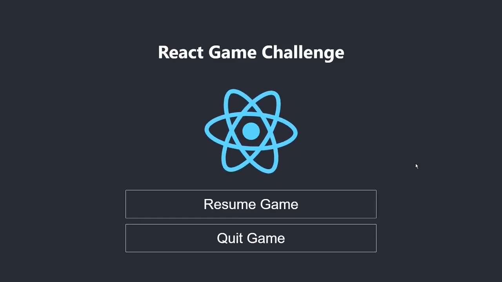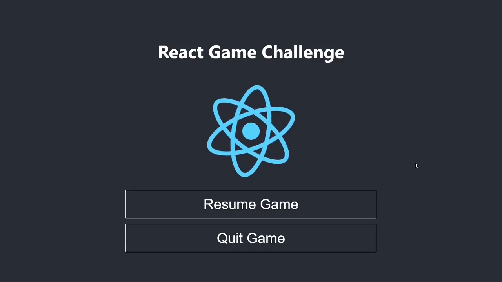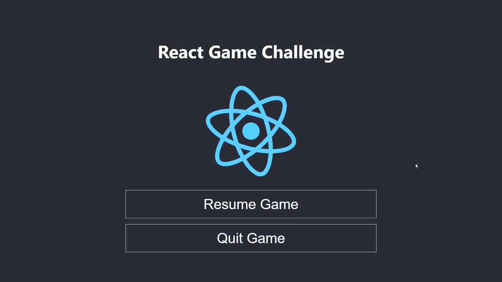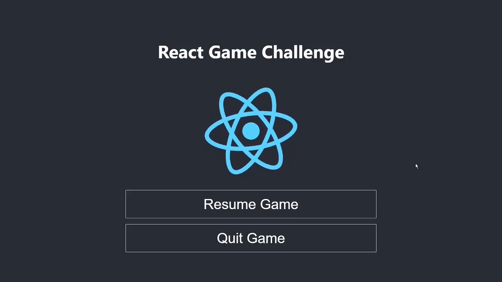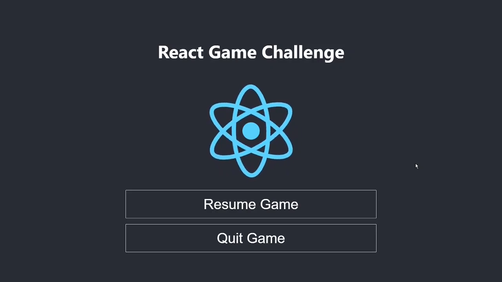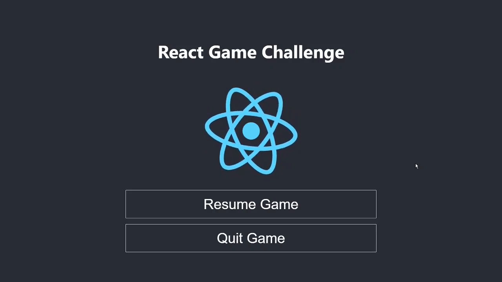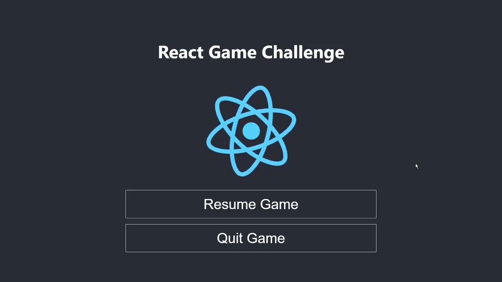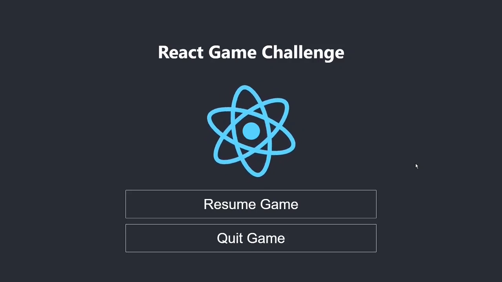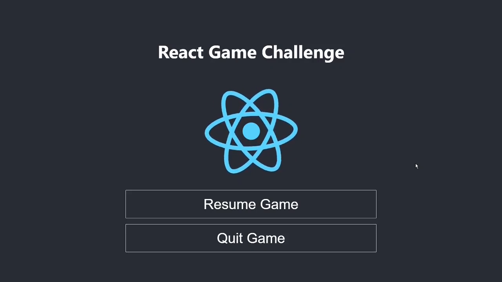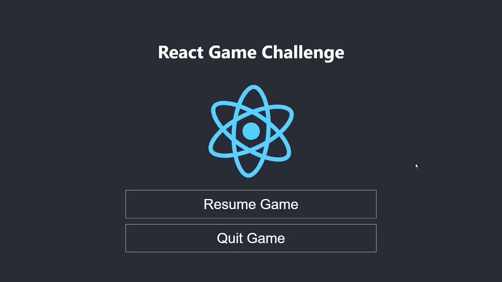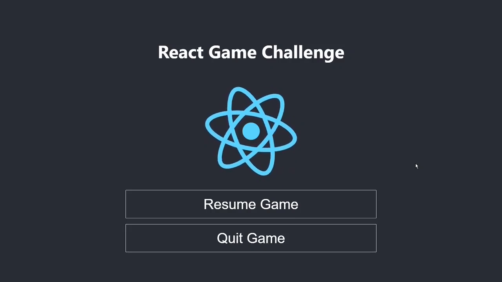In this challenge, we will design a game, learn and write code for React.js components, make the app responsive for desktop and mobile users, learn and write code for React states and props, and deploy the web game app online. In the previous video, we made our application responsive. In today's video, we are going to make this app dynamic by writing code for React states and props.